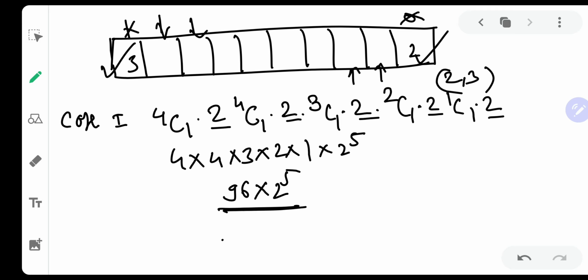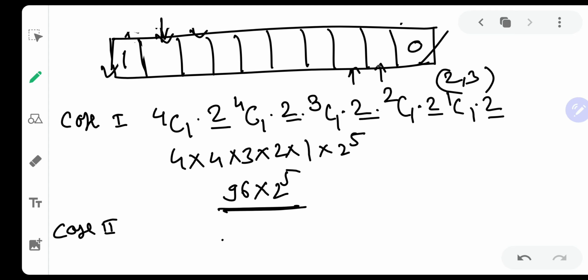But over here we did not consider the case in which 1 and 0 can come at the start. So let us get rid of these things. Then 1 and 0 is at the start, let us say. So I took 1 and 0 at the start, and the way of arranging them is just 1, because they cannot be arranged as 0 and 1. If they are arranged as 0 and 1, then that won't be a 10 digit number.